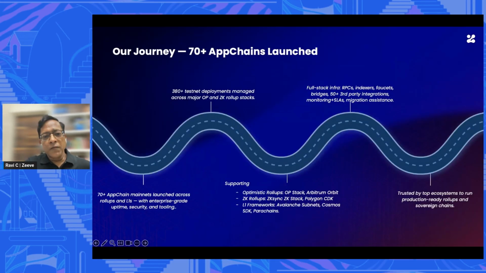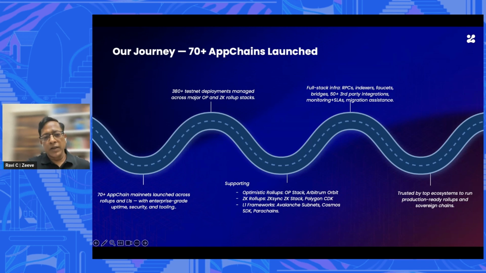Our journey, we have been launching app chains and rollups for more than 4 years now. And our journey has been, we started with enterprise protocols like Fabric and Besu, helped quite a few enterprises launch their blockchain applications using a completely permissioned stack, highly secured, compliant, etc. And then we started seeing this trend of launching app chains in the public Web3 space as well.